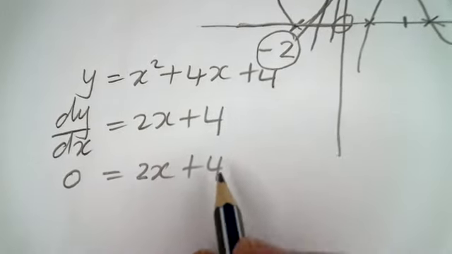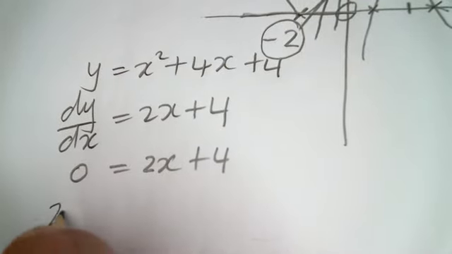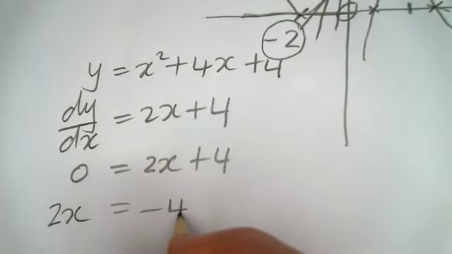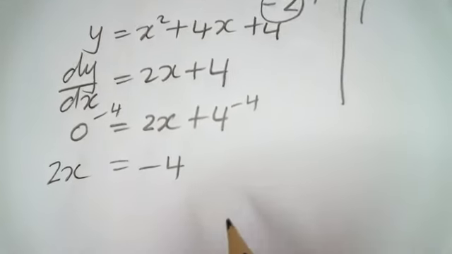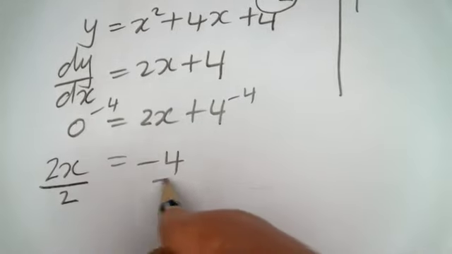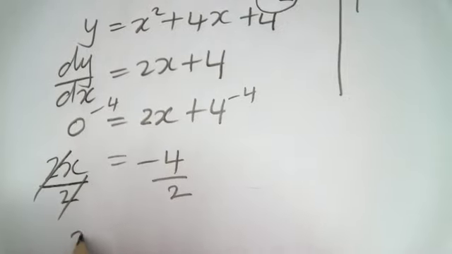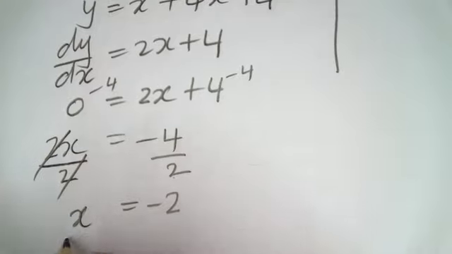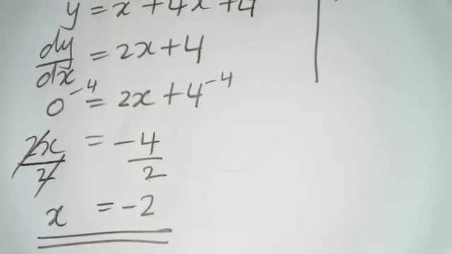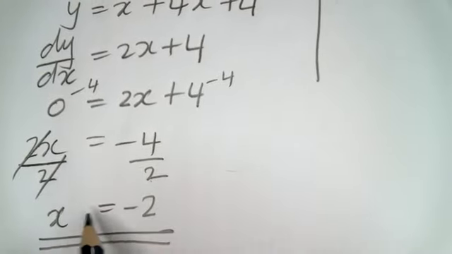So now let's make x the subject. So I'm going to say 2x is equal to negative 4. What have I done? I've just subtracted 4 from both sides, by the way, and I've turned the whole thing around. So I'm going to divide both sides by 2. So x is going to be, 2 goes into negative 4, negative 2 times. So we've now found the x value